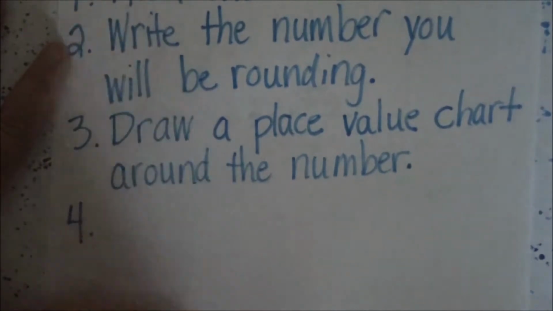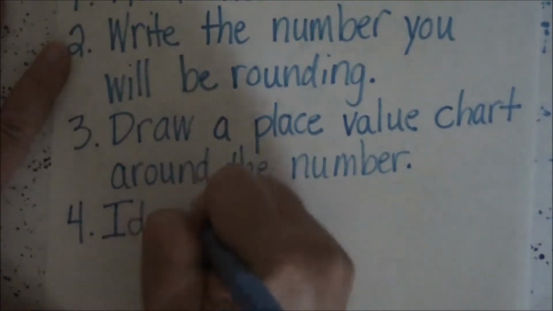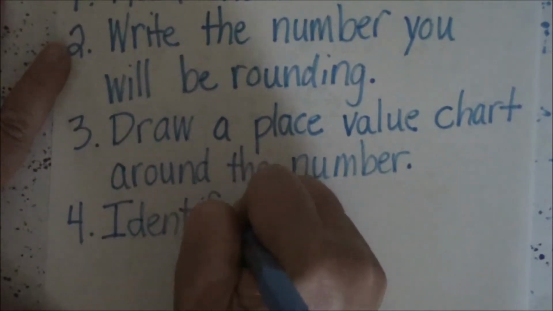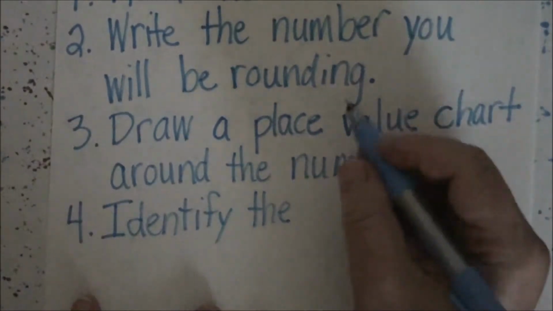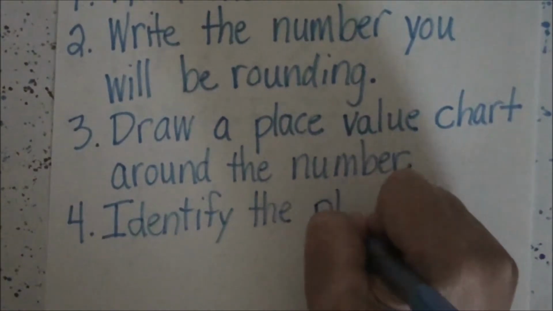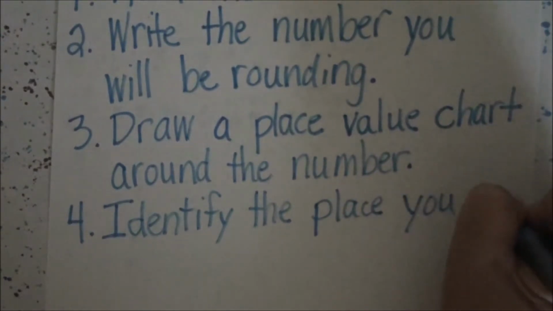Okay, number 4, identify. This is when I underline the digit in the original number. Identify the place you are